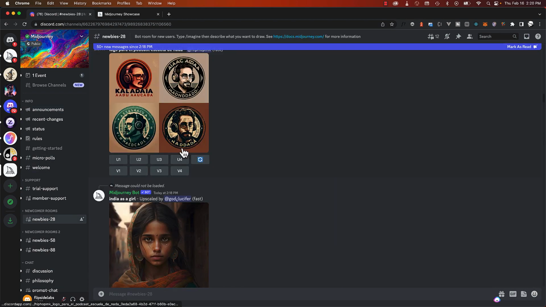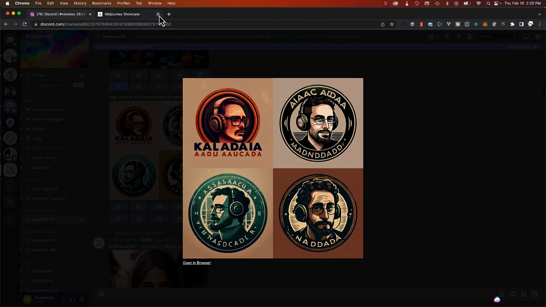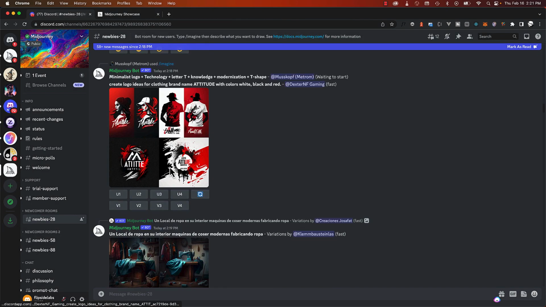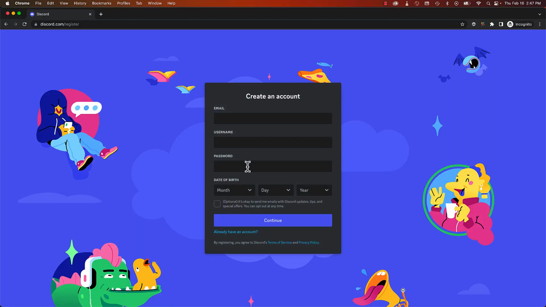To use the Midjourney bot, you need to have a Discord account. If you don't have one, don't worry, I'll show you how to create an account in just a few steps. The first step is to go to the Discord website, discord.com/register. You can do this by clicking the link in the description below or opening your favorite browser and just typing